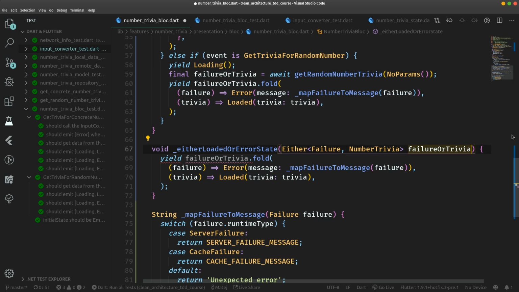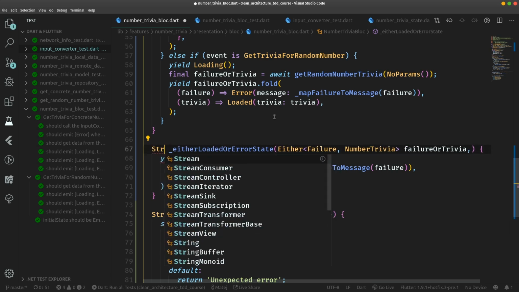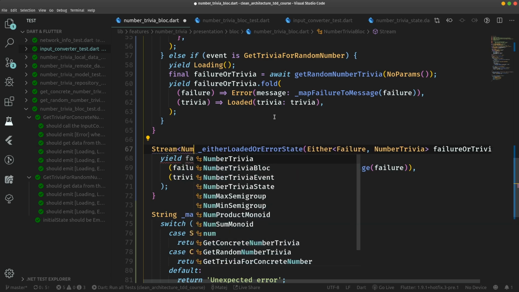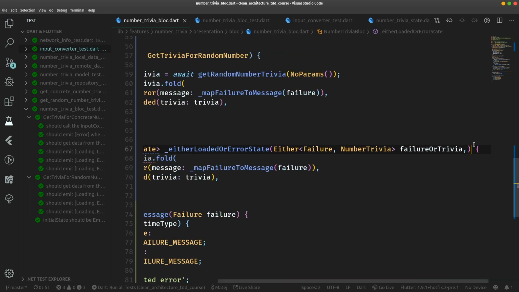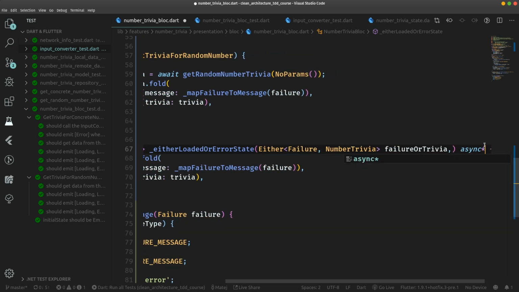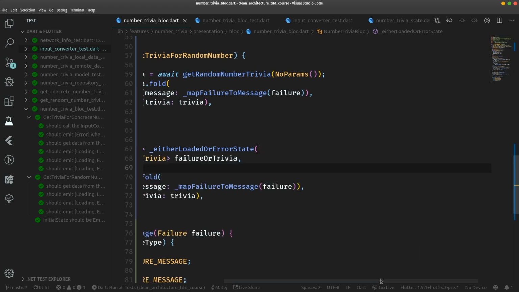Let's also add a comma so that it will be formatted for us. And we need to change the void return type to be stream of NumberTrivia states. And after we make this method an asynchronous generator, so async asterisk,